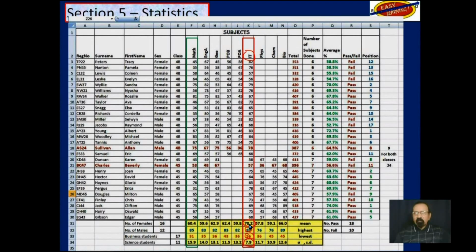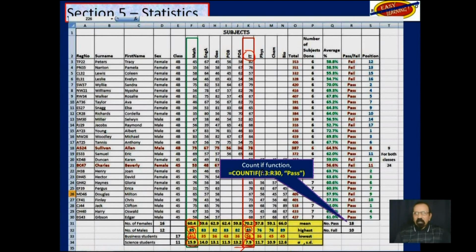In contrast, if we take math, the mean is 60.4, the highest is 85, the lowest is 61, and now the standard deviation is almost 16, which is about twice as much as the one for IT. So now the marks are further separated from the mean than they were in IT. And we'll get back to that later on. You don't have to actually calculate this, but you do need to be able to use them like I just did in terms of how close the marks are to the mean.